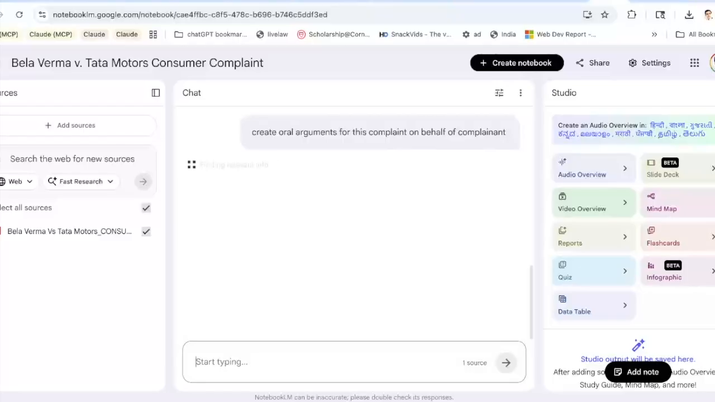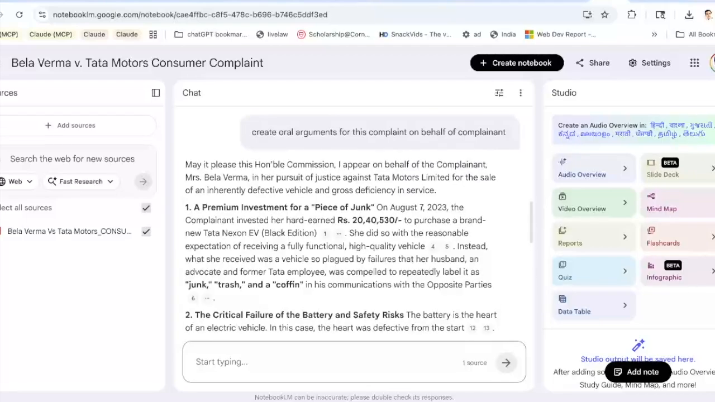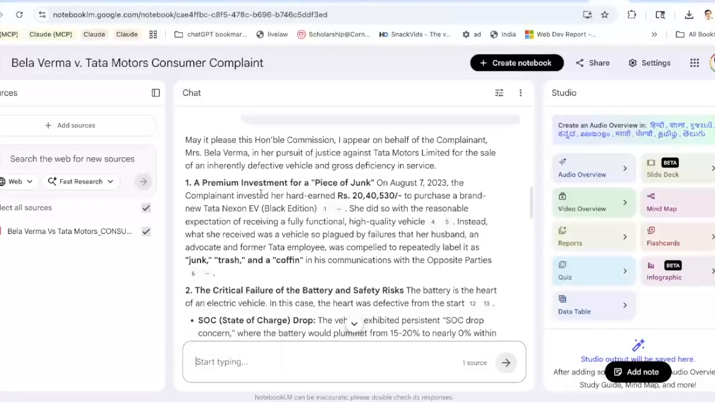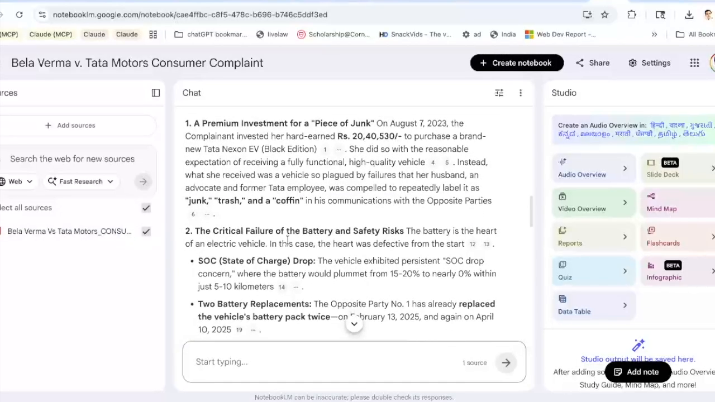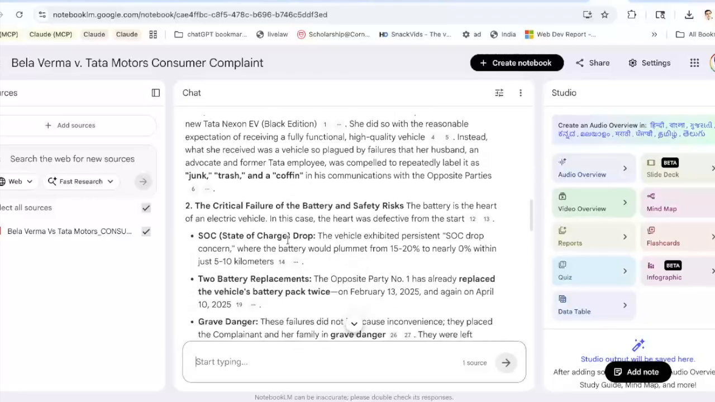Now, if I have to create an oral argument, more than NotebookLM, I would perhaps rely on Claude. The reason that I'm using it here is because I want to show you what the features of NotebookLM are. Now you see that NotebookLM will only be working on the source which we have given. It is not going to go beyond the source at all. Okay, so it has given me the